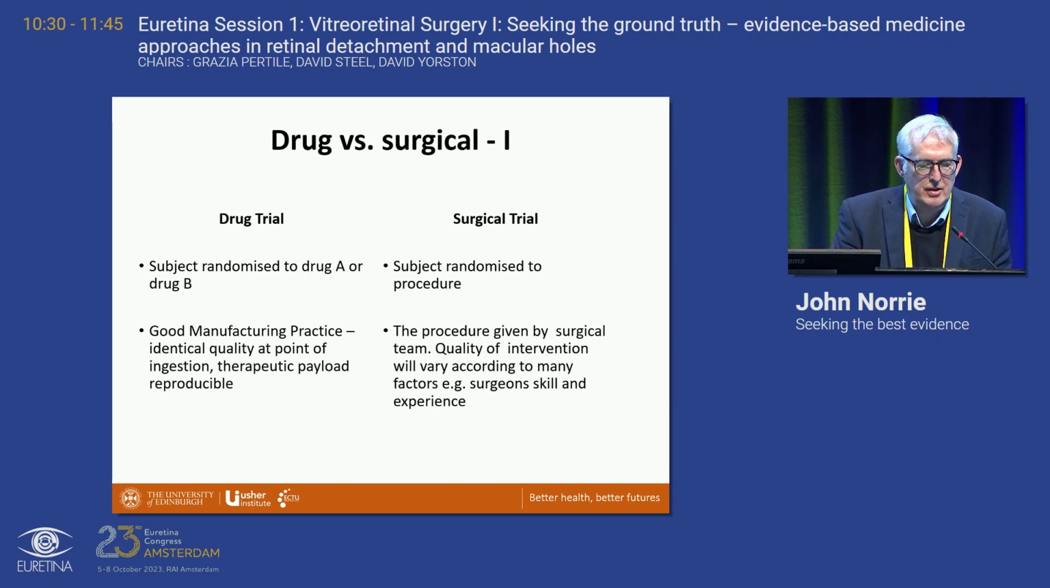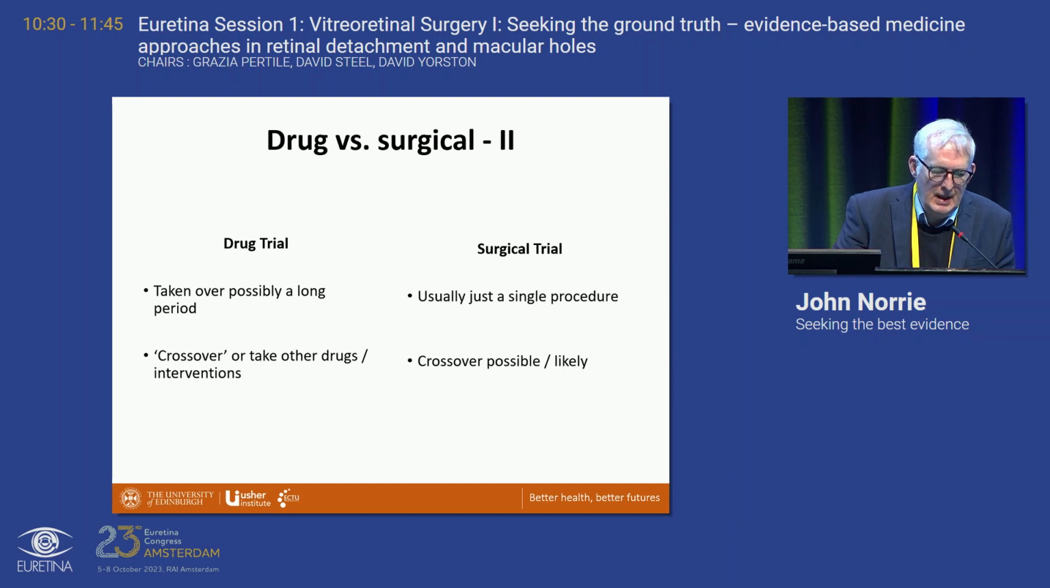In the surgical trial, the subject is randomized to a procedure, and the procedure is given by human beings, a surgical team. The quality of that intervention will vary according to many factors, some of which we've already heard about, encapsulated in the so-called learning curve. In a drug trial, you may be taking the intervention over an extended period of time,